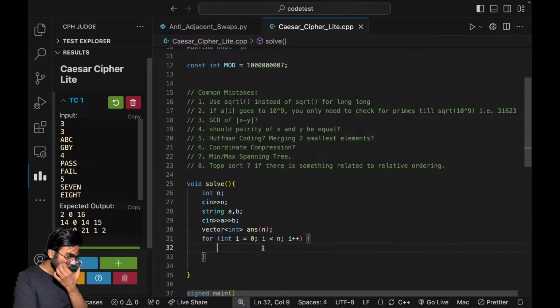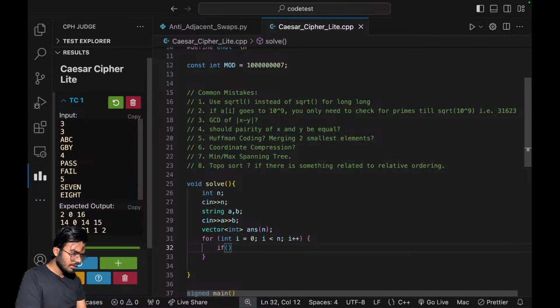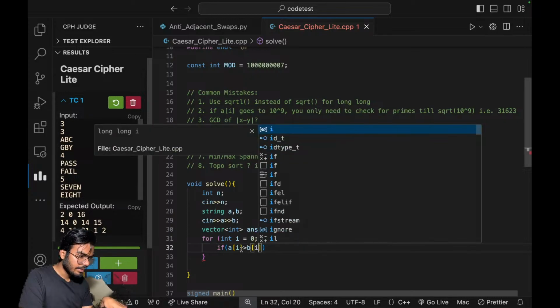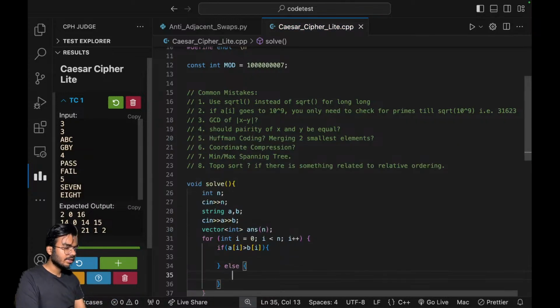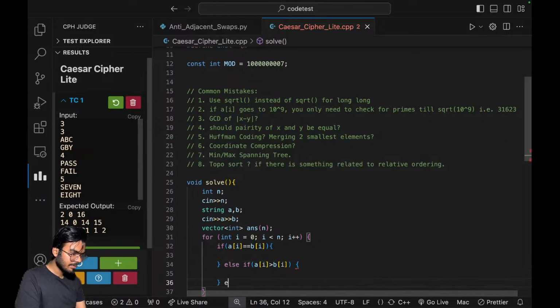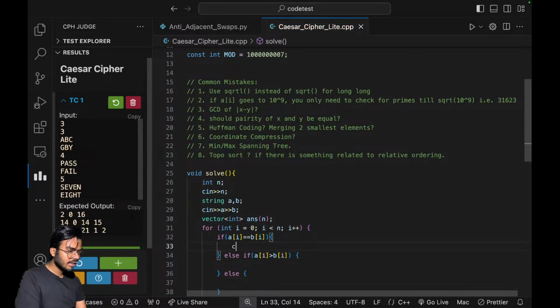Now I need to check if a of i is greater than b of i. We have three cases actually: first is if this, else if a of i is greater than b of i, and then an else case. If they are equal, I don't need to do anything, so the answer will simply be 0. Otherwise, what I have to do is